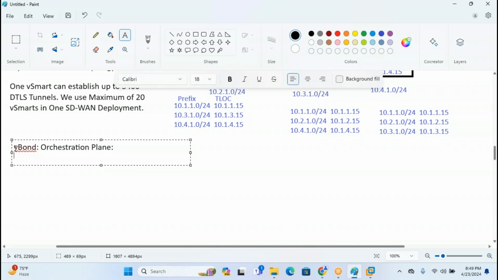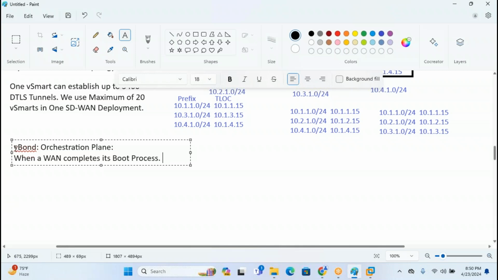So when a WAN edge completes its boot process, it tries to join the SD-WAN fabric. First of all, it connects with the vBond. Right now, because we have performed the manual configuration, I'm explaining it in that context. In the next step, when we discuss the device onboarding process, we will use Cisco Plug and Play and zero touch provisioning. But right now, suppose that we have provided all basic information or configuration manually,